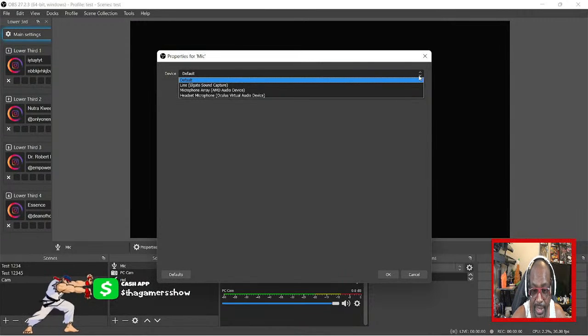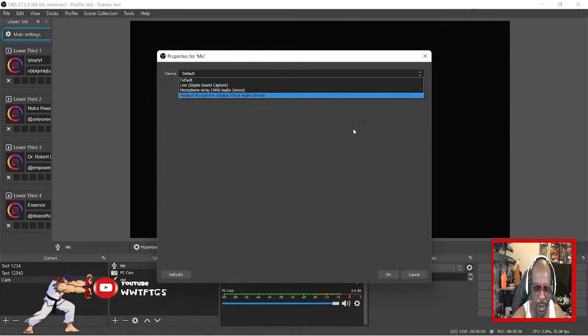You see a line in, which I can plug a 3mm microphone in, headset microphone, and that's Oculus virtual audio device, or microphone Array AMD audio device. And I think that's what I'm using,